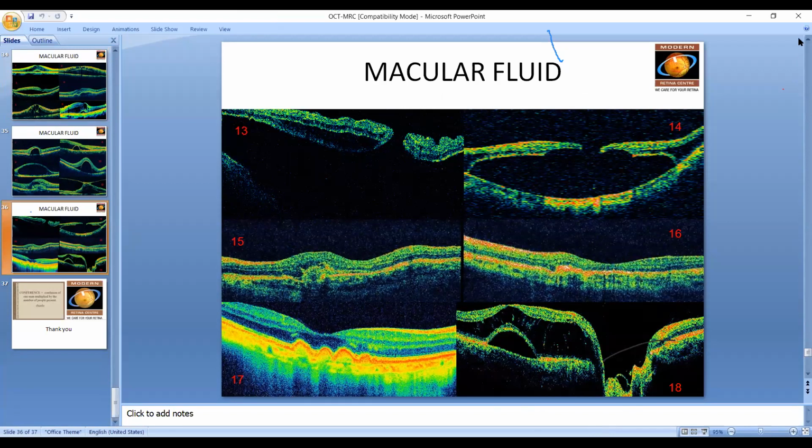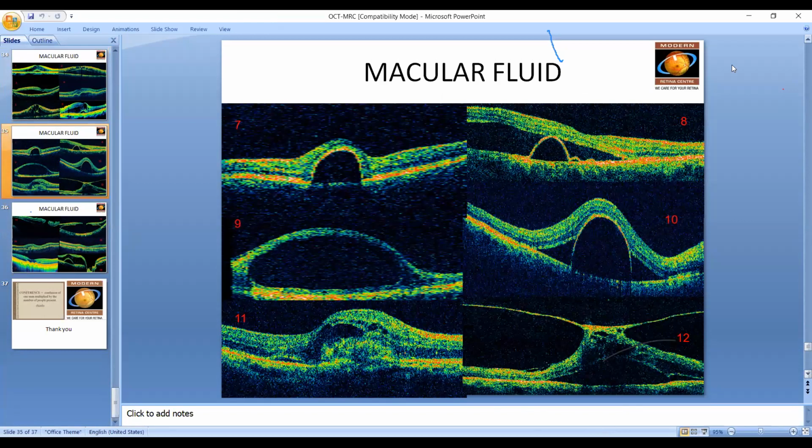How to avoid artifacts? With the new machines, even little movement of the eye they will correct on their own. So focusing is the main thing. I think the newer machines avoid artifacts on their own. If you have a well dilated pupil, most of the time we don't get any artifacts on OCT. As Dr. KCM said, there is an eye tracking device in that. Even if the patient moves the eye, it takes the area of interest and doesn't produce any artifacts.